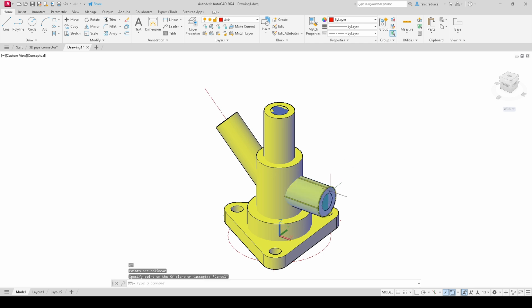So let me do that again. UCS, center, click, quad, click, and quad, and click again. So now we have the coordinate systems sitting properly, and I'll create my first circle of the